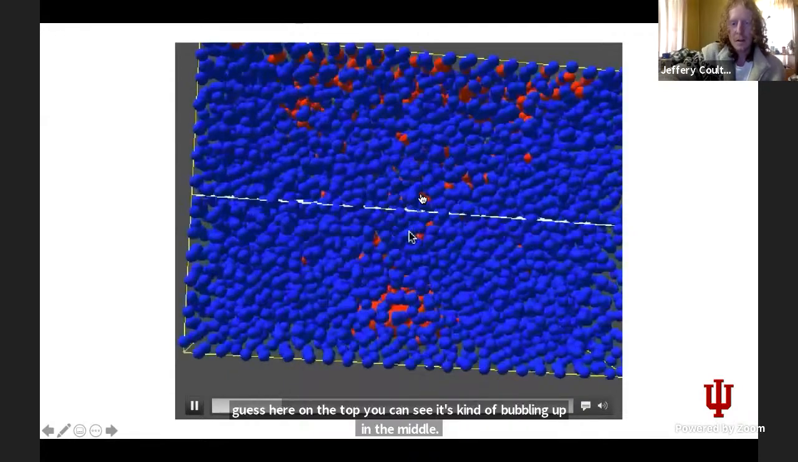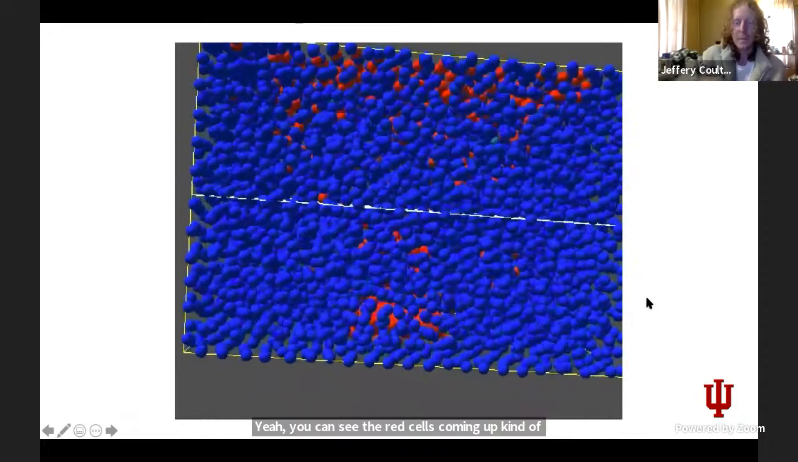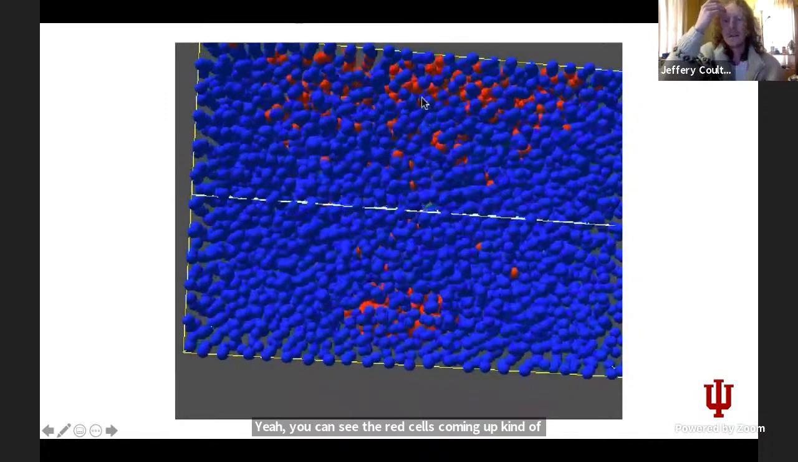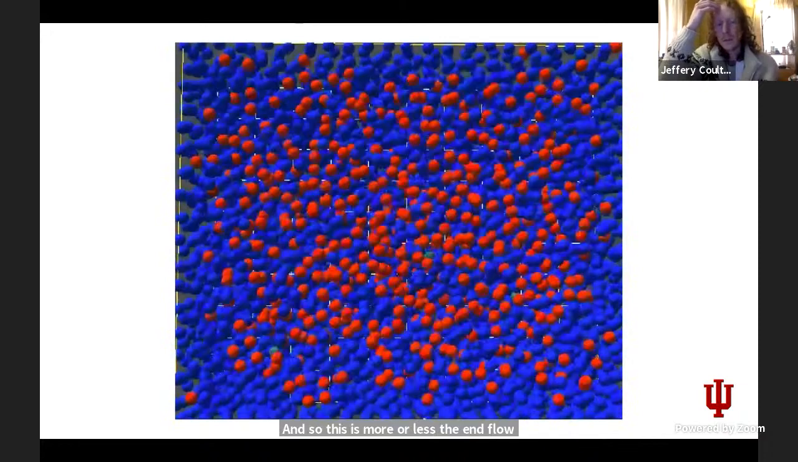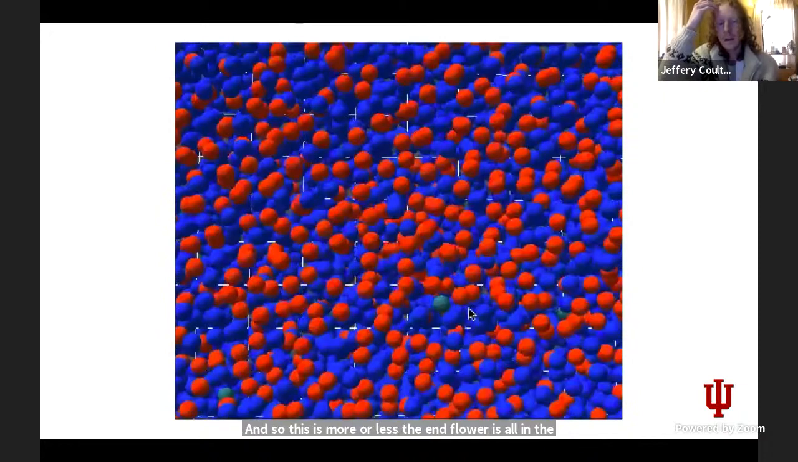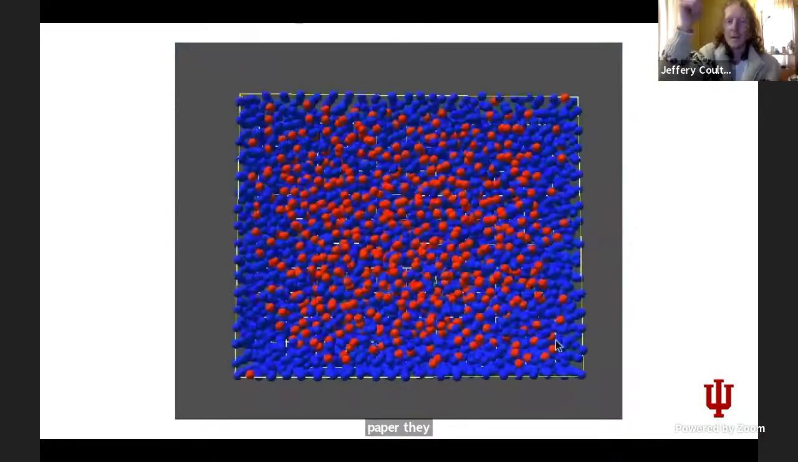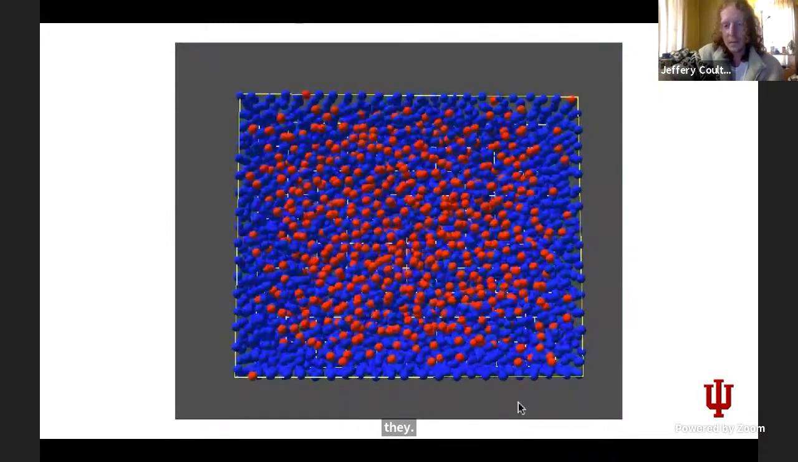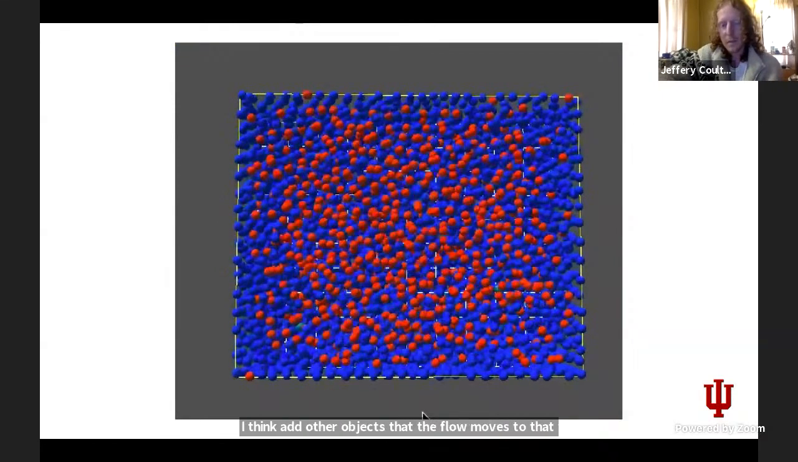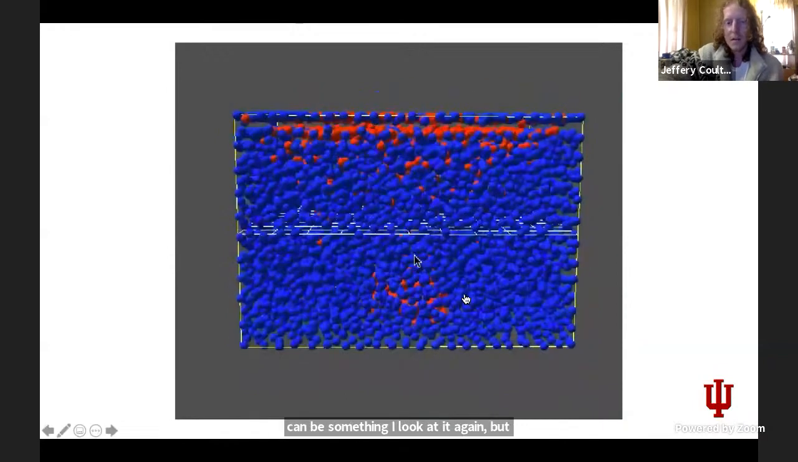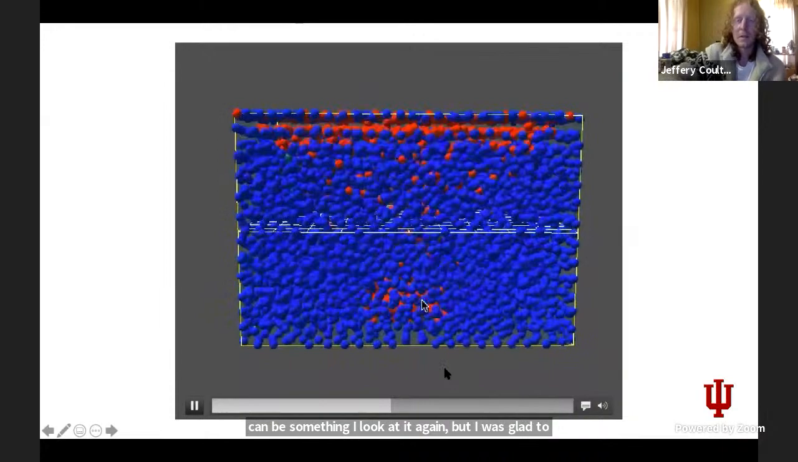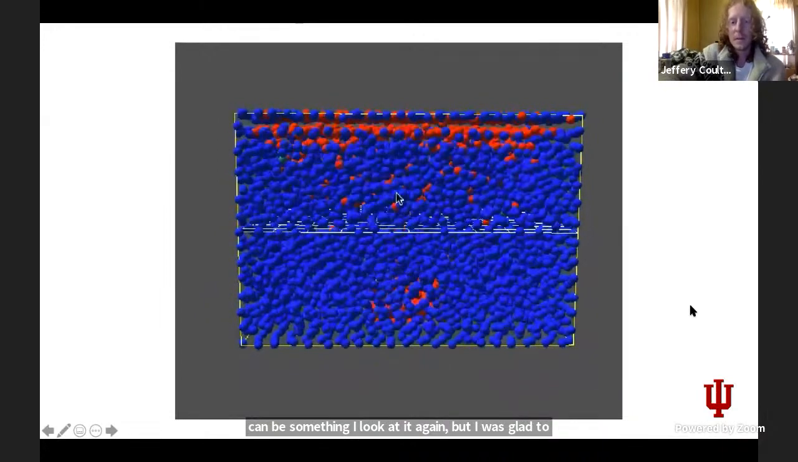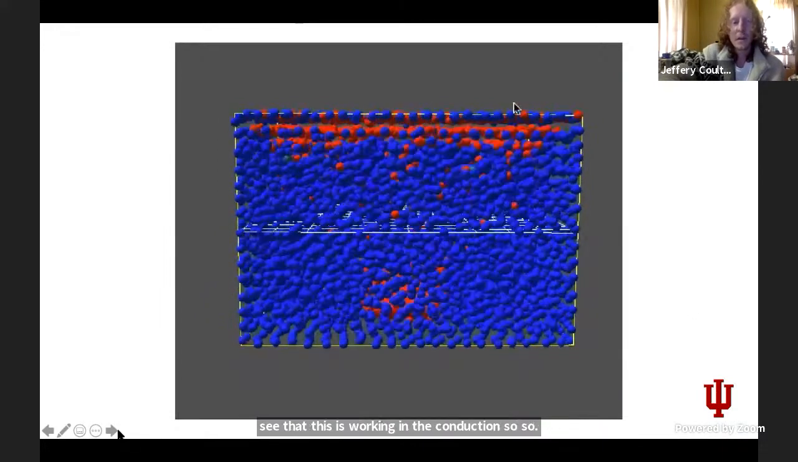Yeah, you can see the red cells going up, kind of. And so this is more or less the end flow result. In the paper, they, I think, add other objects that the flow moves, so that can be something I look at again. But I was glad to see that this is working and the convection cells are forming as the